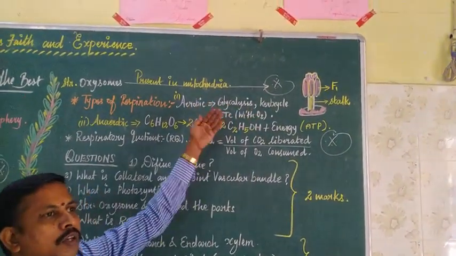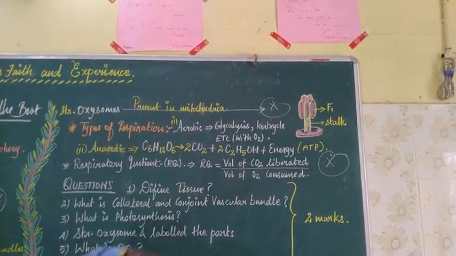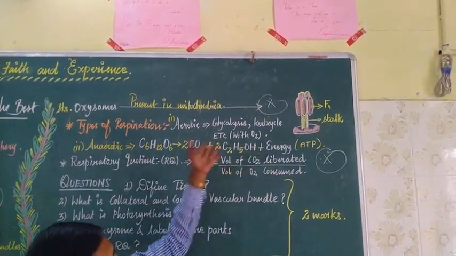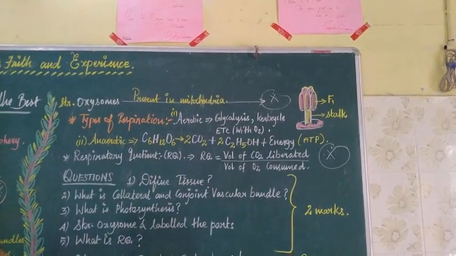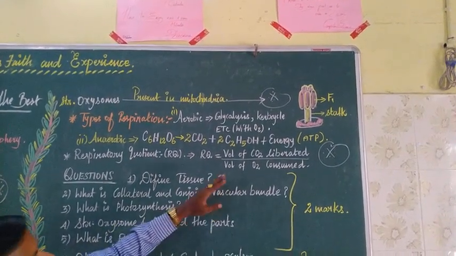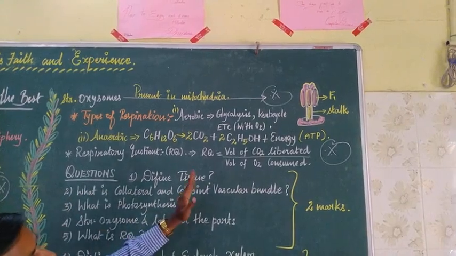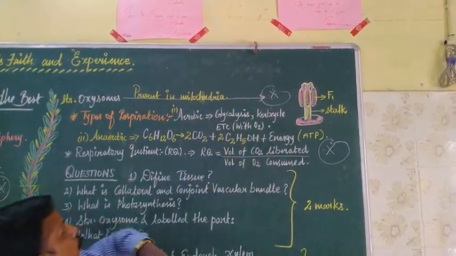In glycolysis, the glucose molecule is converted into pyruvate. This is called glycolysis. In the Krebs cycle, pyruvates are again converted into another three-carbon compound. Then these compound molecules are transported through the electron transport chain to produce ATP molecules.